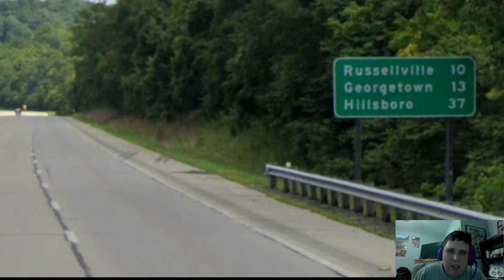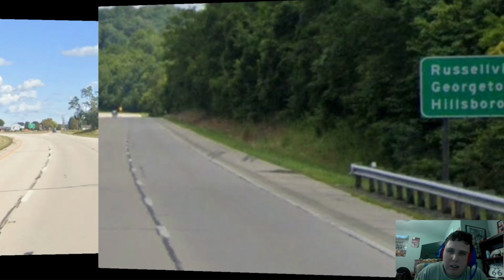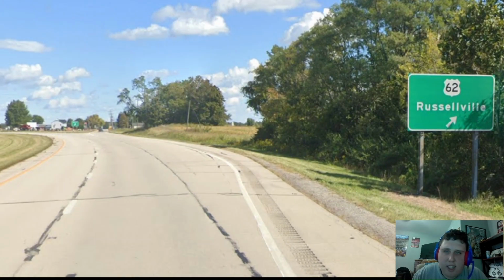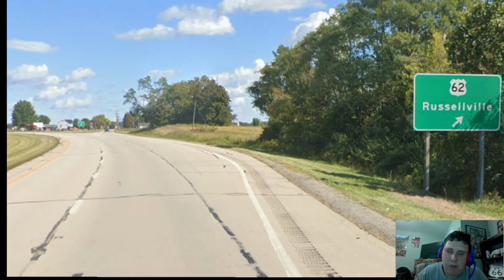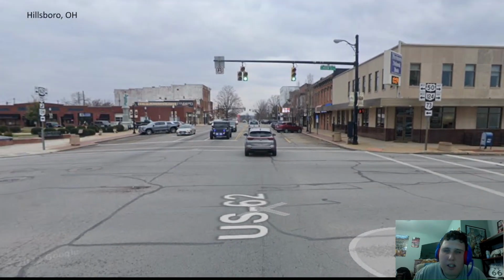And our first mileage sign in like forever, we have Hillsboro on the bottom line, which is 37 miles away. And here is US 62 splitting off from US 68, and we're signed for Russellville. I wonder what happened to Hillsboro. We're in Hillsboro, we're meeting US Highway 50, and we're just going to be heading straight because we have no